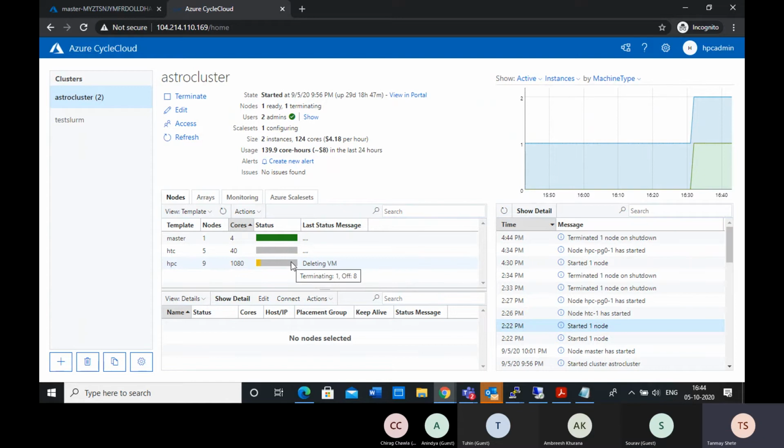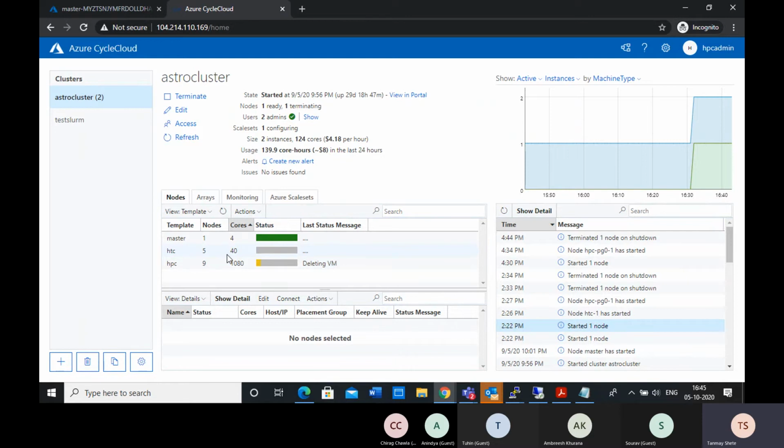What I was saying is that while HPC and HTC partitions are built, don't just go by that name. Understand that the HPC partition has 120 cores per node and the HTC partition has 8 cores per node.